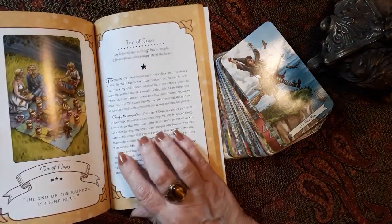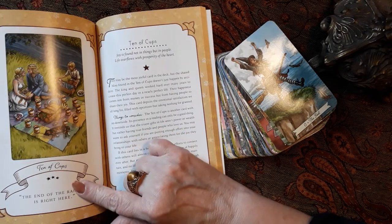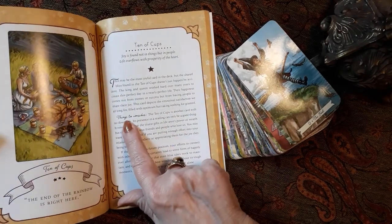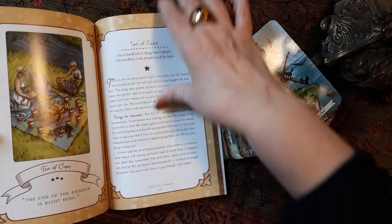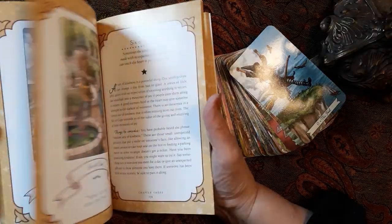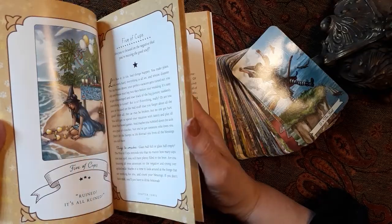It has the shiny paper, which I'm not crazy about. But it has full color. And it has the title. It has a little quote underneath the picture. And then I like this Things to Consider. It kind of asks questions, which is a nice way of reading cards. So it's full color, and then it has places to,